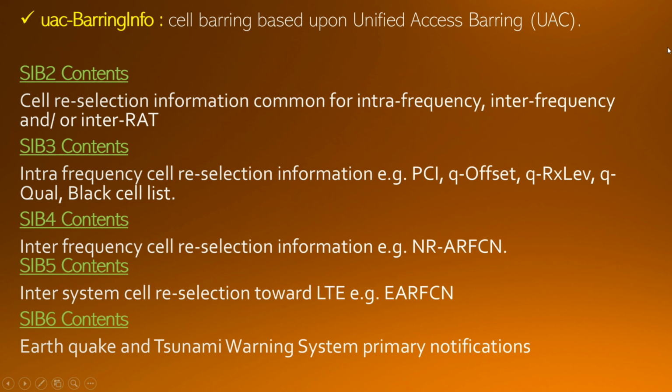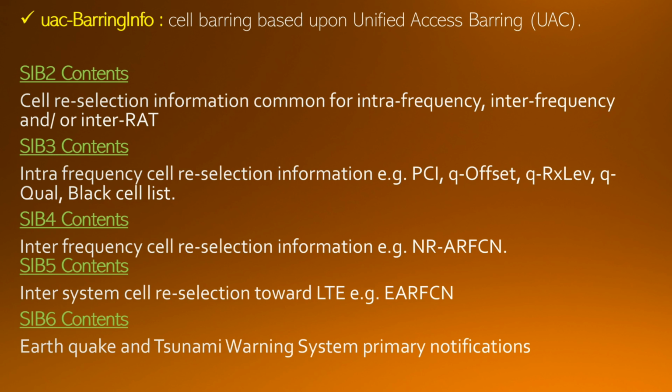Now let's go to the other SIBs, that is SIB2 contents. This is basically the cell reselection information common for both intra-frequency and inter-frequency. If you go for the SIB3 contents, this is for the intra-frequency cell reselection information, for example PCI, Q offset, Q-RxLevMin, Q-Qual, and the blacklisted cell list.